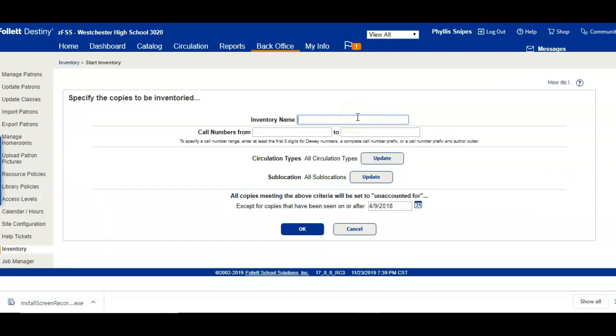You would give that inventory a name. So here we have, just do fall 2019, do _3. And here it's important to note that you can break up your inventory and just do specific ranges. It is quite extensive to have to scan all of the books in your media center, so you may want to break it up and do one inventory for your fiction books,